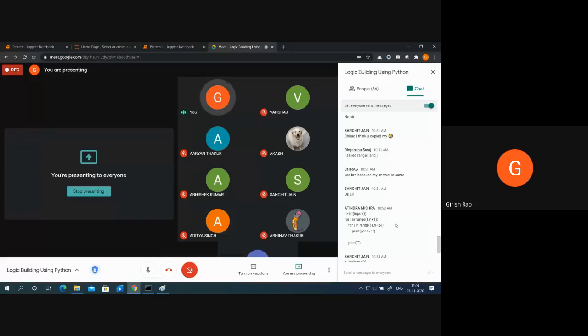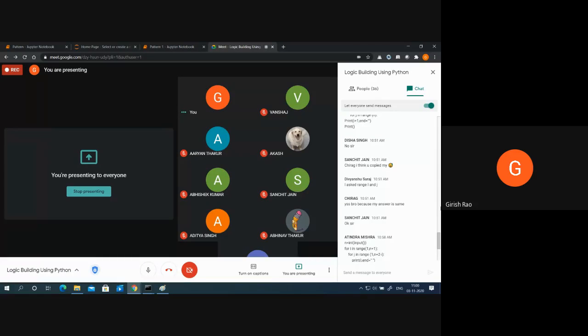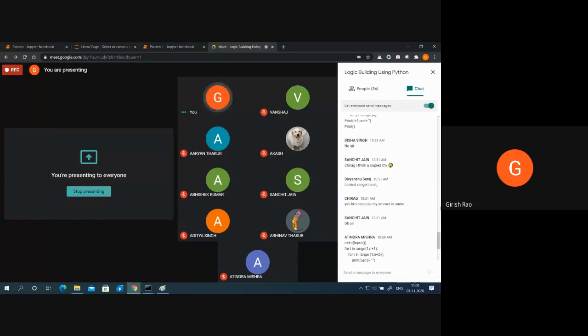Any other students who have written it? Divanshu, range of i and j. What it means is, for example, for i in range 5, i will start from 0: 0, 1, 2, 3, 4, which is 1 less than n. So how many times will it run? 5 times. If I say for i in range n, and n is 10, then it will start from 0 to 9, which is 10 times. Similarly, for the inner loop, when I say j, is it clear?